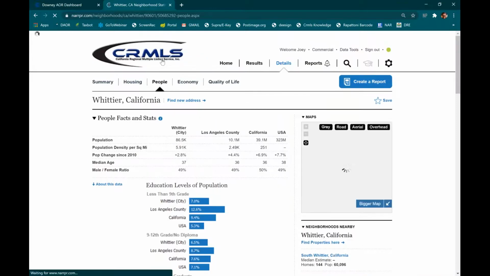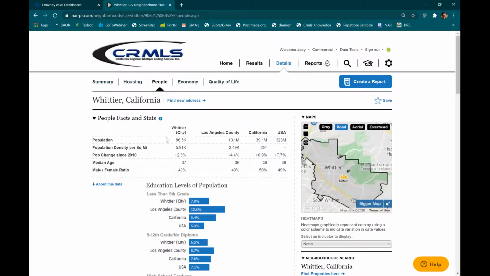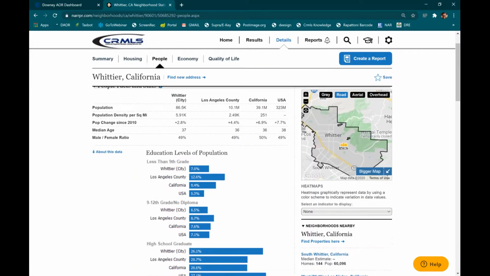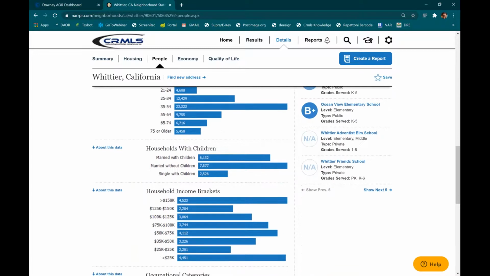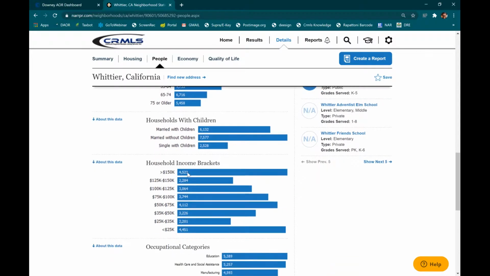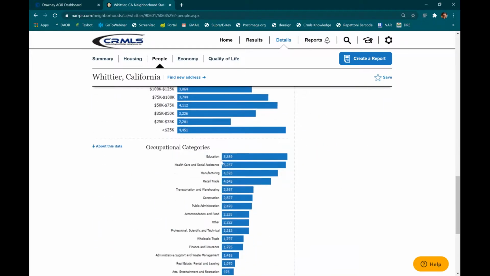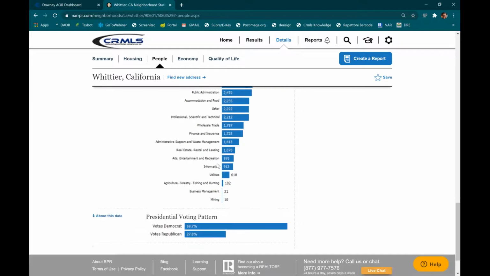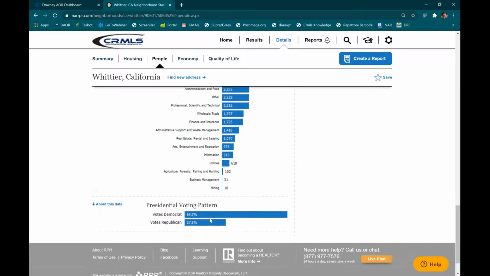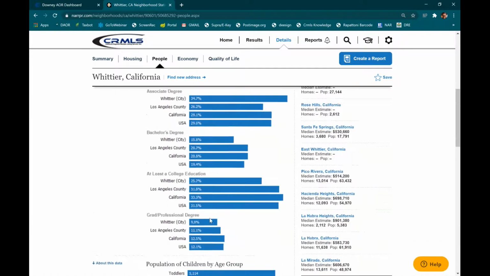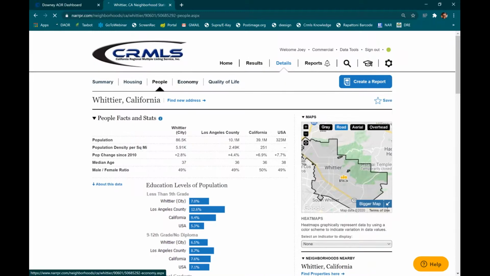Getting into the people, we see the population. We see population density, the median age, education levels, households with children, the income brackets, occupational categories. We get a lot in here, even presidential voting patterns. For if your client wants to stay in an area with people who have some of the same mindsets as them. Additionally, we can go into the economy tab,